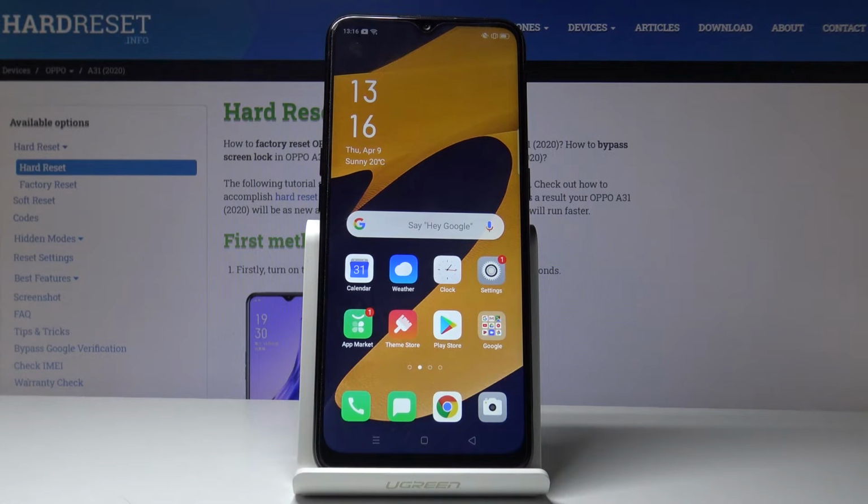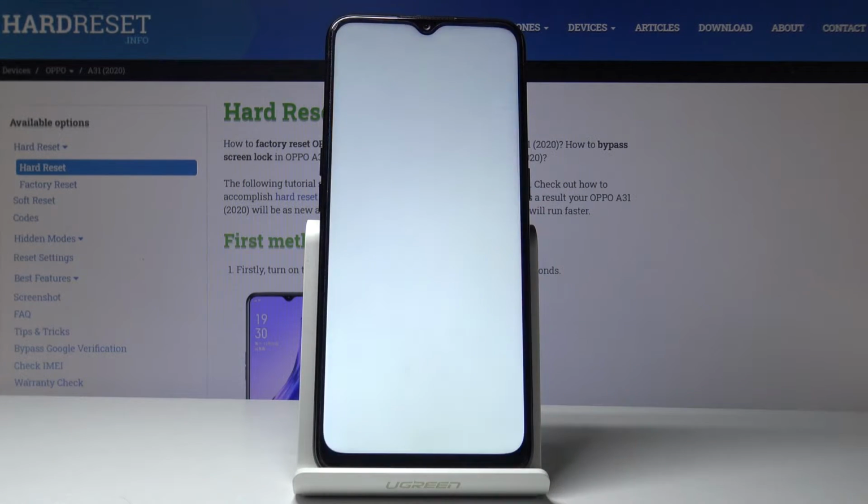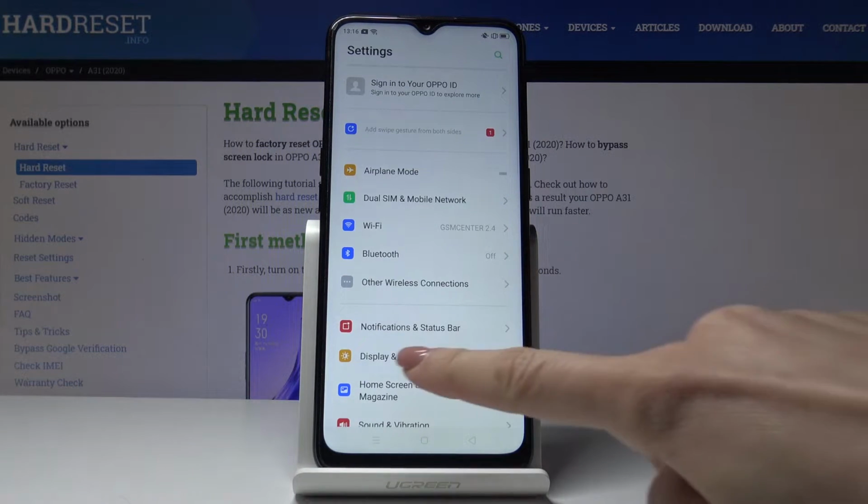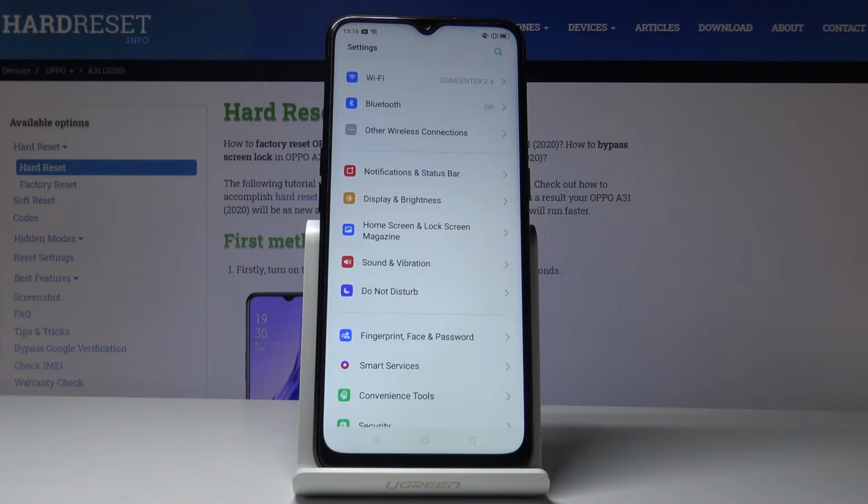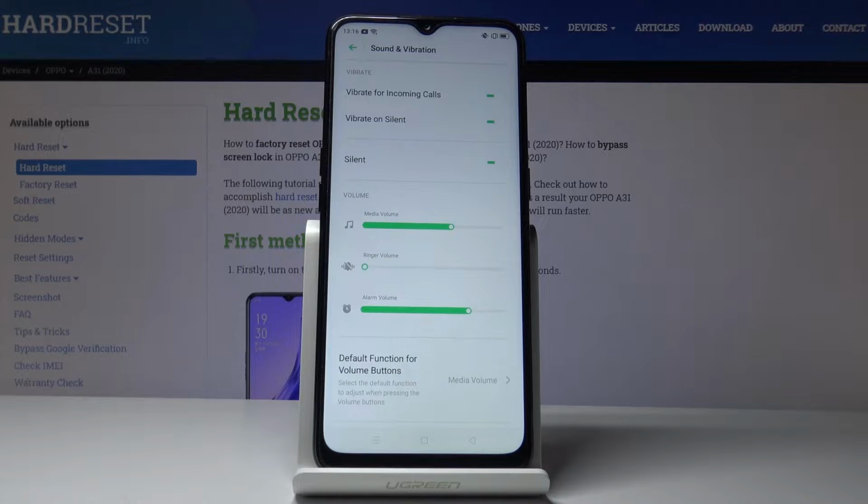Here I've got OPPO A31 and let me show you how to change ringtone on the following device. So at first let's open the settings and then find and select sound and vibration, and here just pick